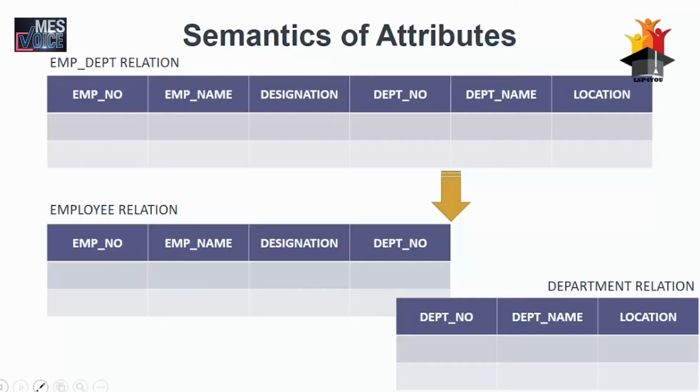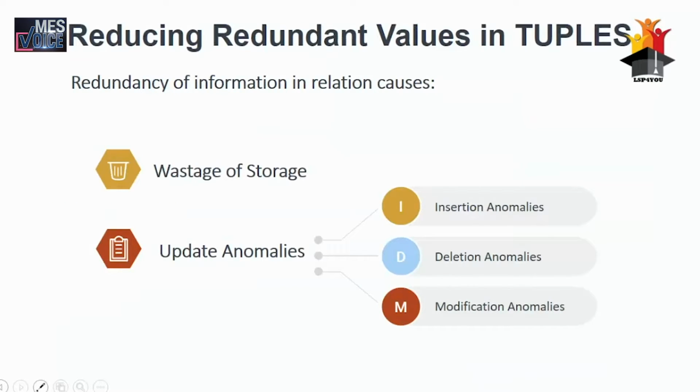So we need to split this relation into two relations, such as employee and department, as follows. And we can use a foreign key to refer to one relation from another. Obviously, in the employee relation, the attributes employee name, designation, and department are implied by employee number. And in the department relation, department name and department location are implied by department number. So obviously, if a relation schema corresponds to one entity type or one relationship type, then it is straightforward to explain its meaning. The next informal design guideline is reducing redundant values in tuples.